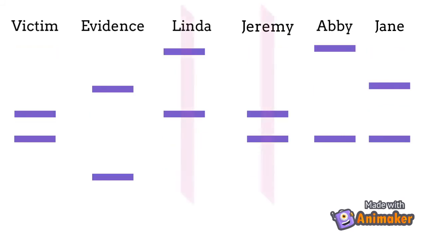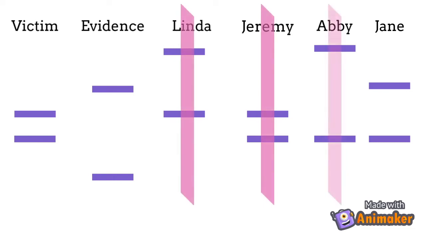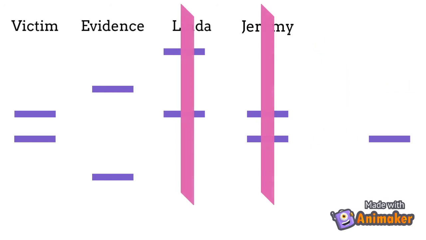Moving on to locus 2, we already know that Linda and Jeremy are innocent, so we can look at Abby now. Neither of Abby's alleles match the evidence, so we can assume that she is also innocent. That leaves Jane, who does have one allele that matches the evidence on locus 2. Therefore, Jane was found guilty of ambushing Trevor in the park, as she had one allele from each locus that